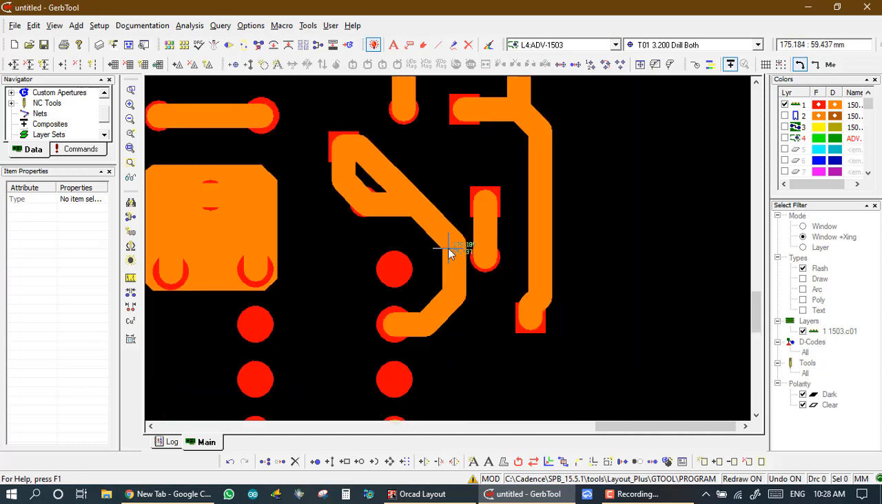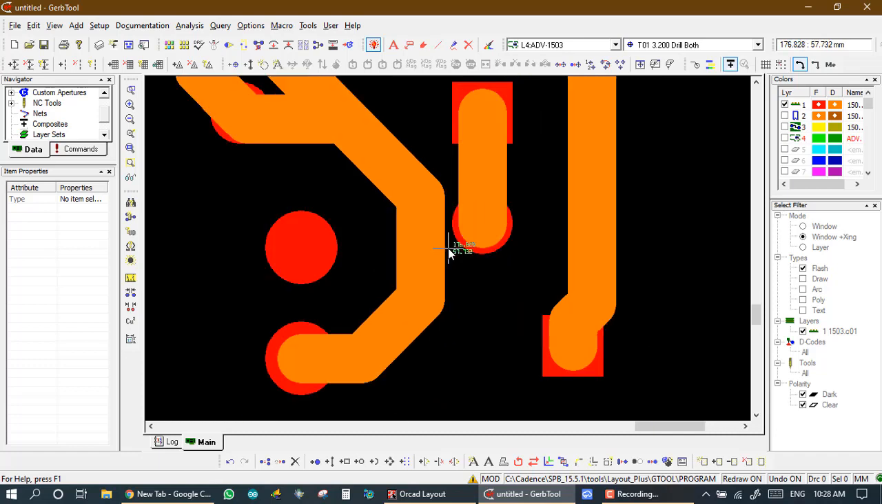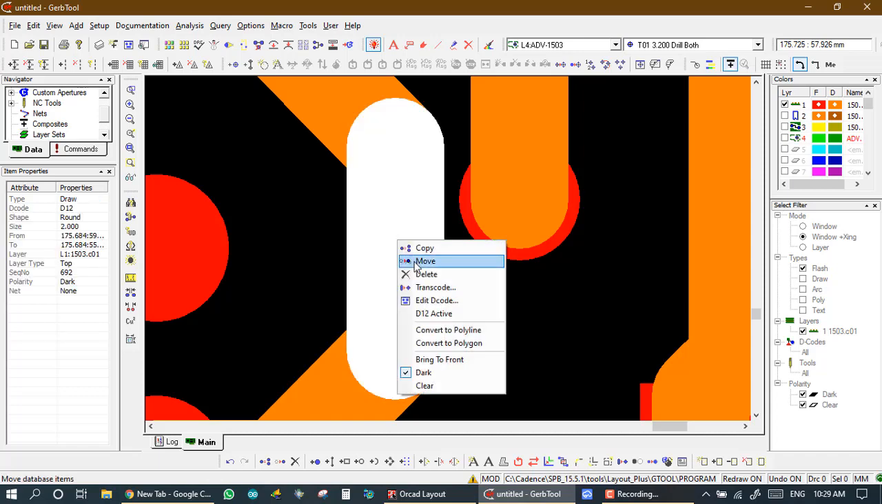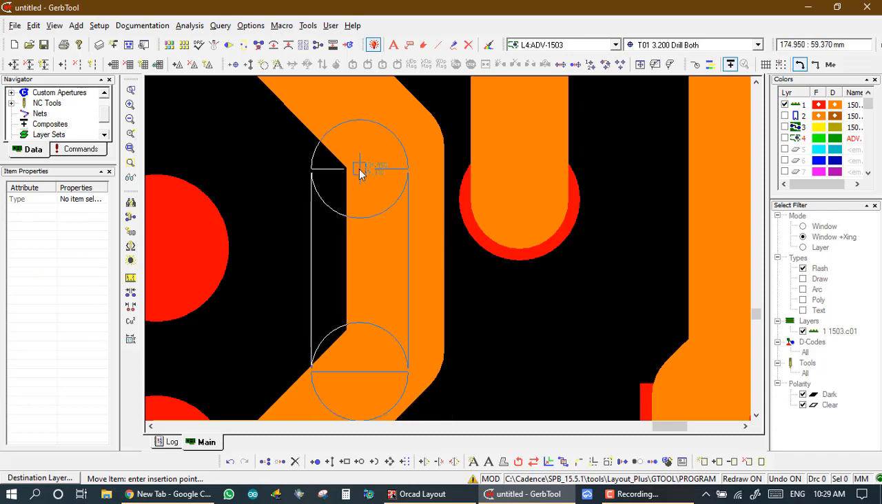Here we show that here the distance is more and here is too small a distance. So we have a first option: we decrease the size of this draw and decrease the size of this flash. But we have a second option: if I move this line to here, then it easily works, and we don't want to decrease any Gerber. So first we right click and we have the option to move, and I move it here,